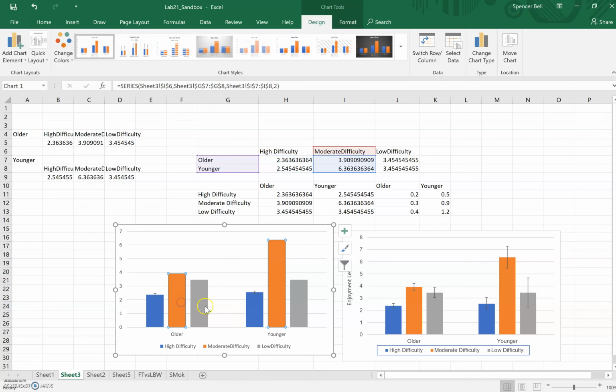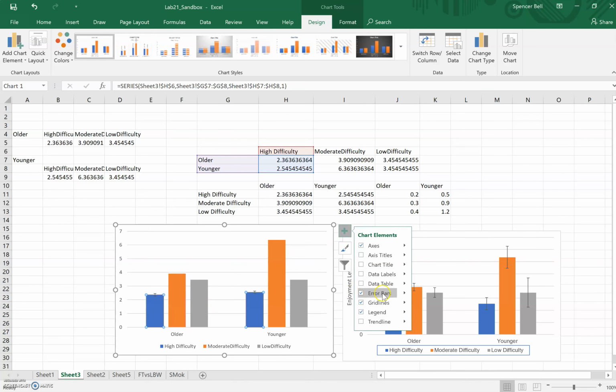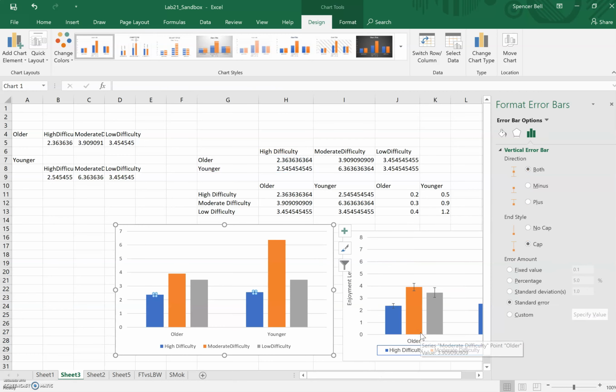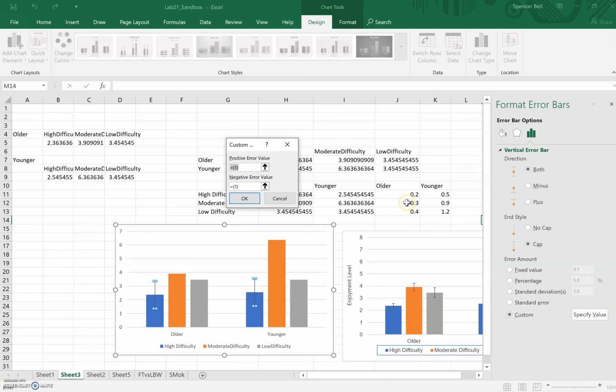If you select just one column, you can see that it selects the oranges, and it selects the grays. Here it selects the blue, and if those are selected and you hit the plus sign, you can say error bars. Now, of course, these are just nonsense error bars, and I don't know why Excel does that. So you need to go to Custom, Specify Value, and then